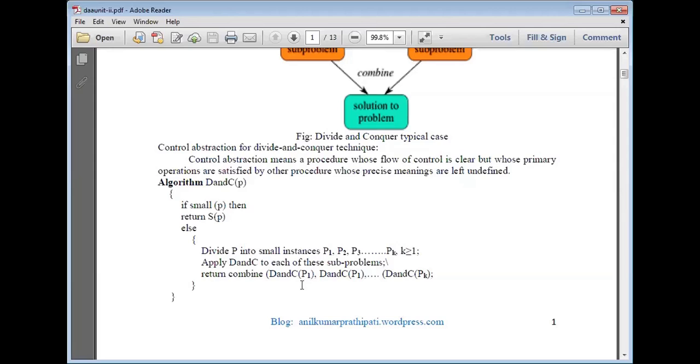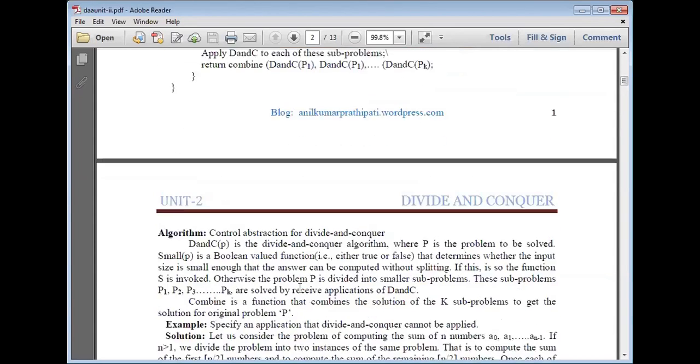So for each subproblem we apply recursively the division of the problem into a number of subproblems, find the solution to each subproblem, and combine the subproblem solutions.